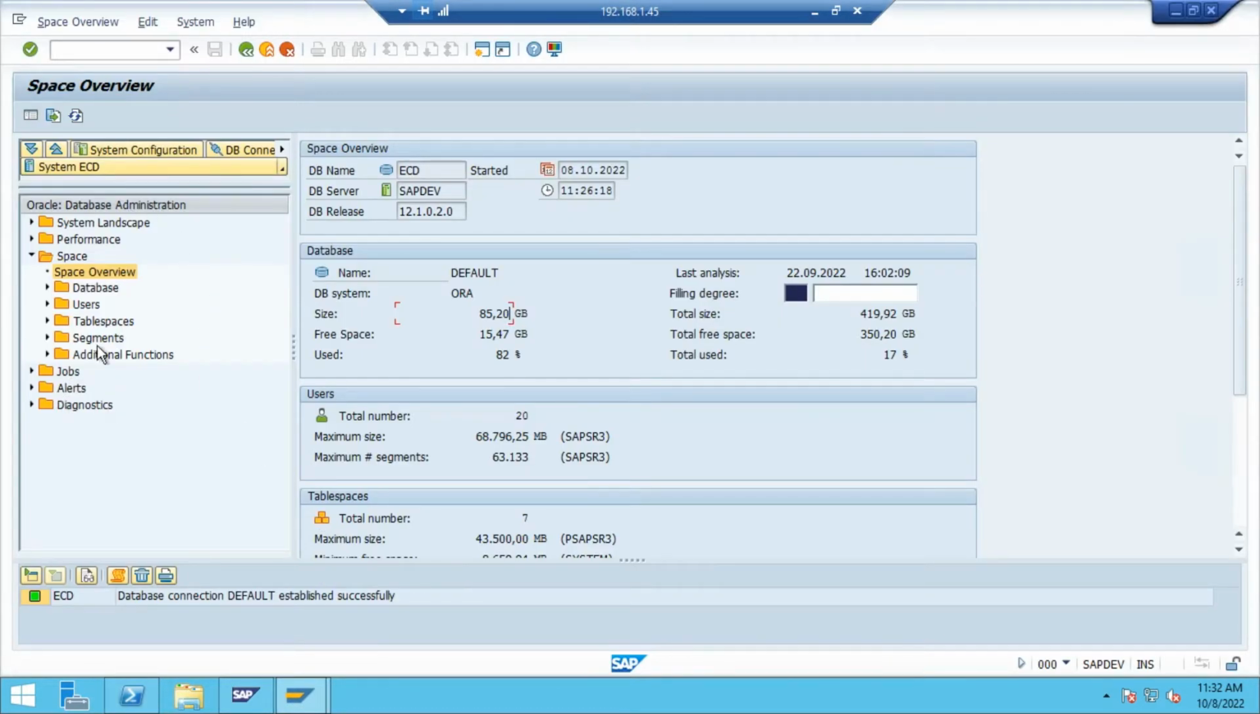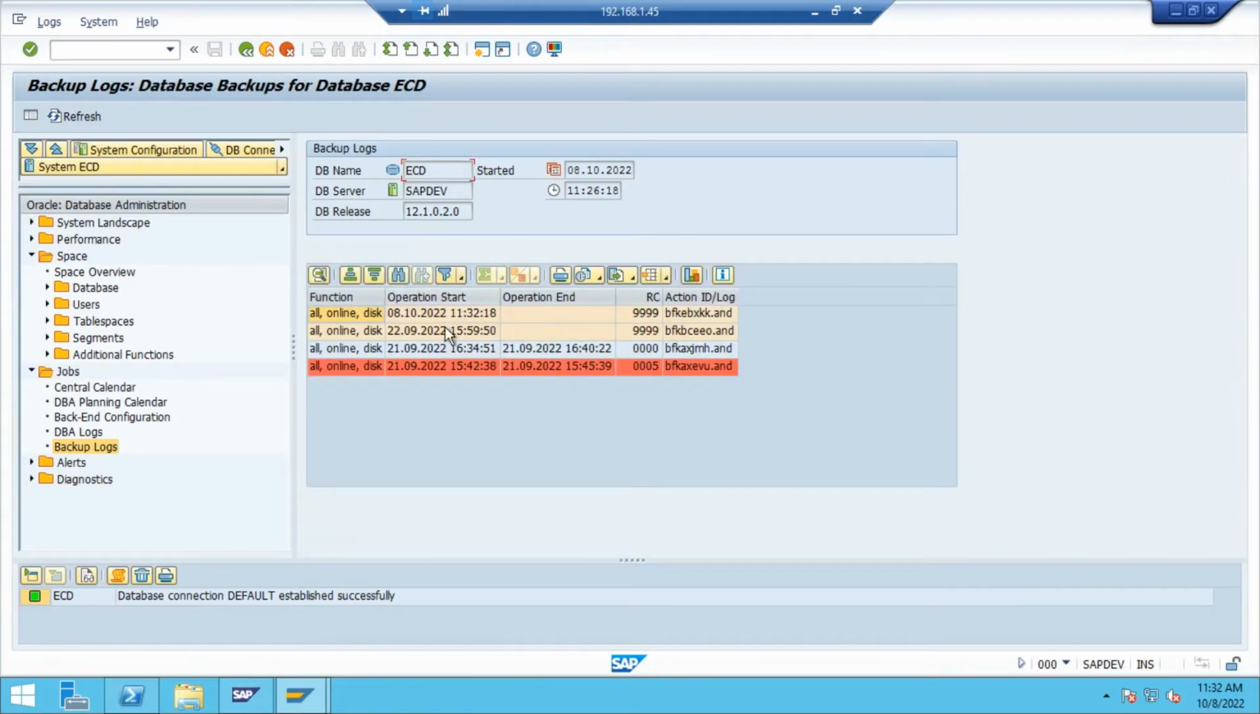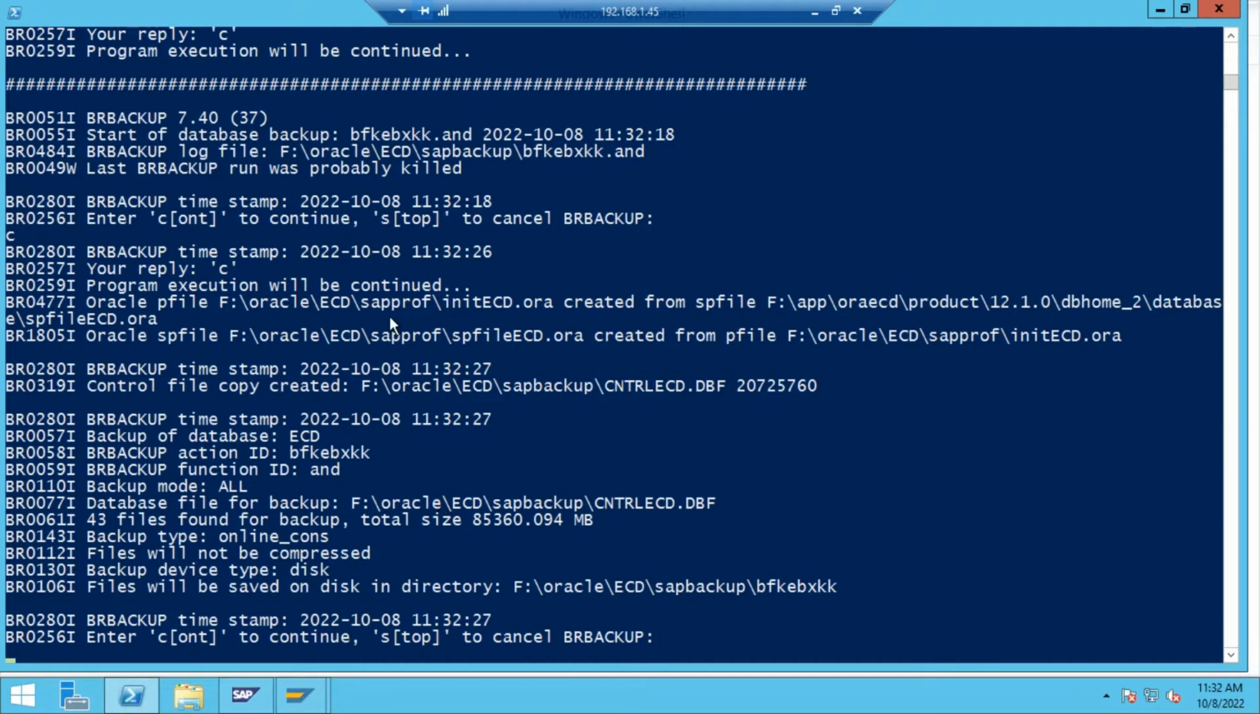Let's see once. Even from db02 we can go to db12. So here, backup logs is the db12 option. Again it is running, it's not terminated as of now, but a new one is triggered. You can see here on the 8th, dated 11:32, just now it got triggered. You can see in the logs, probably the last one was killed, and when we continue, the particular backup is